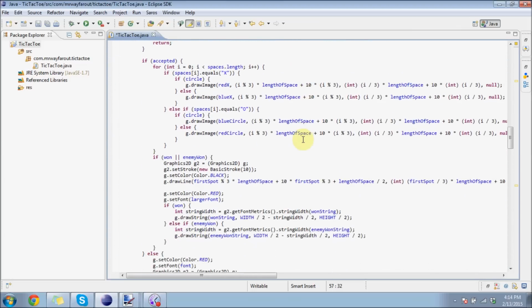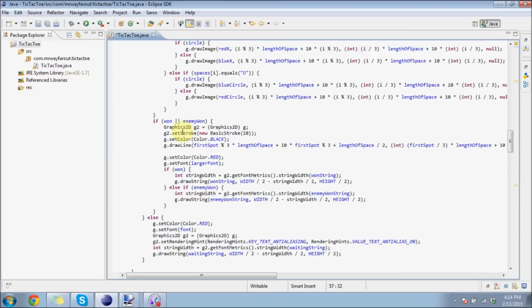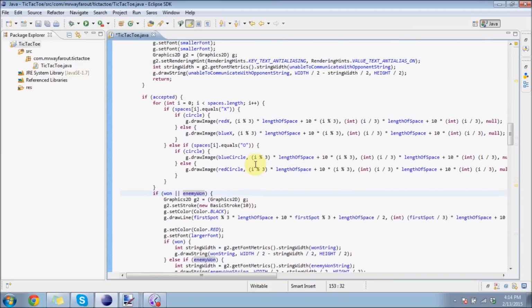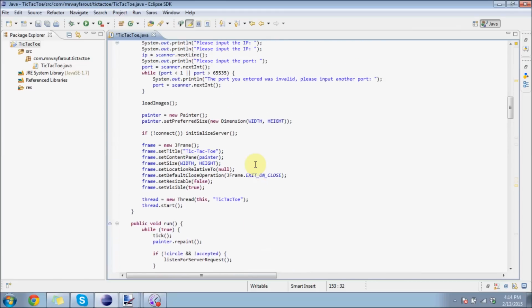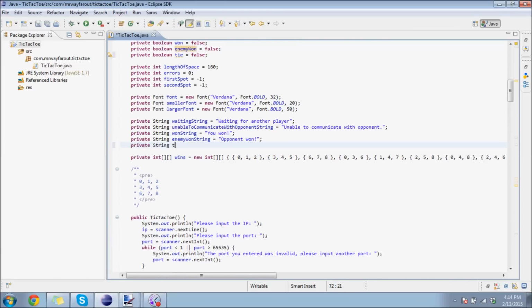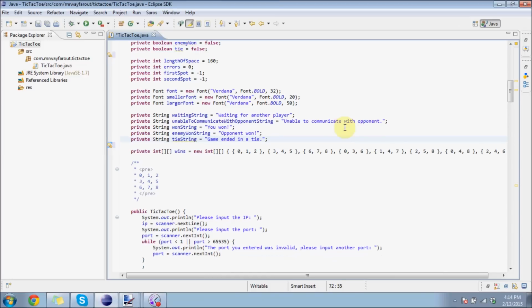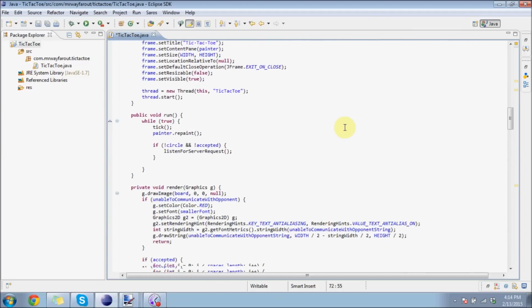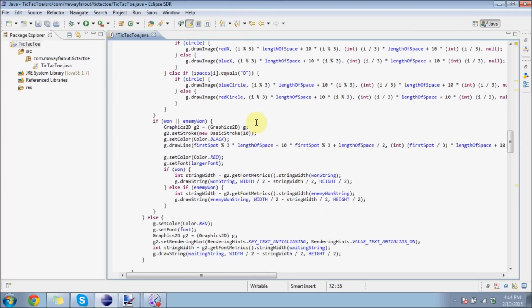How about that? So let's go ahead and also do a... I don't even think I have a string for this. Alright, well, we should probably make that. Private string tieString is equal to "Game ended in a tie." And let's come down here, down into our render method. We're gonna go ahead and say